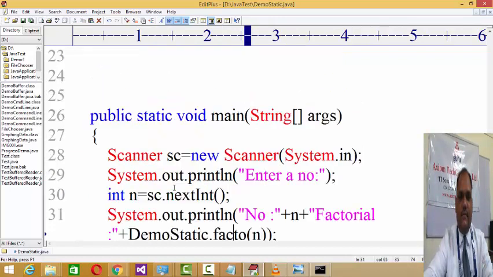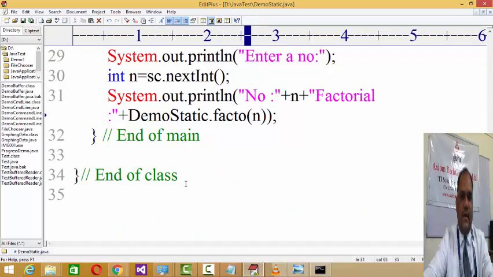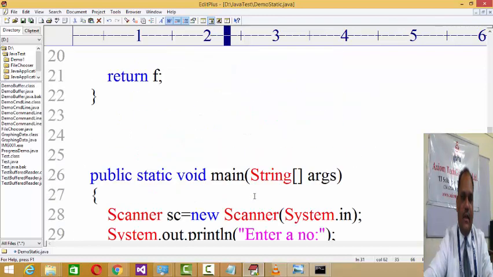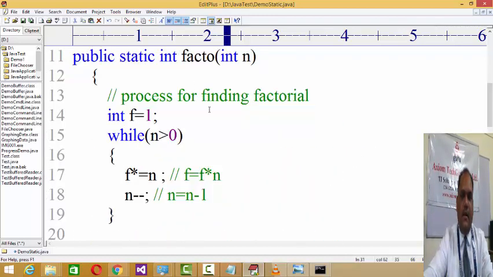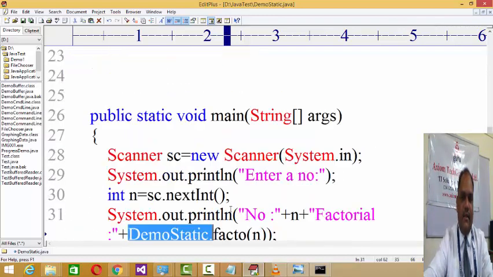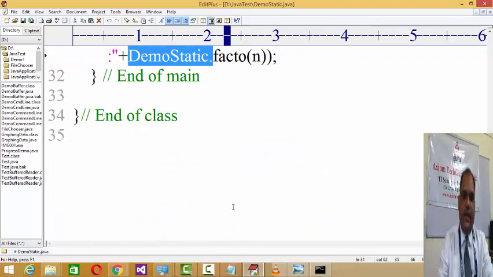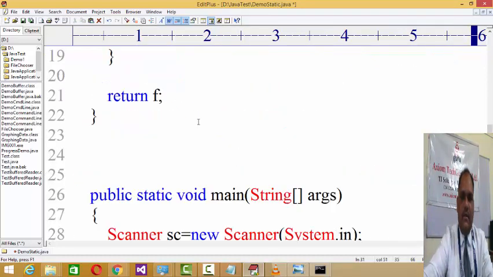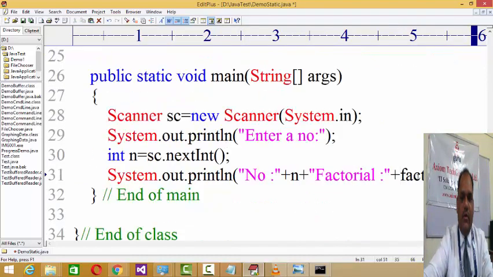But one thing I discussed: right now we are giving the call by the class name, and that is okay, as it is a static method. But if the static method is defined inside a class and you are accessing it from the same class, then there is no need of a class reference. You can directly give a call to it. As it is a static method and belongs to the same class, there is no point in even giving a class reference. Let's test this.